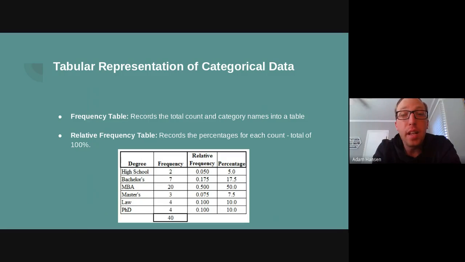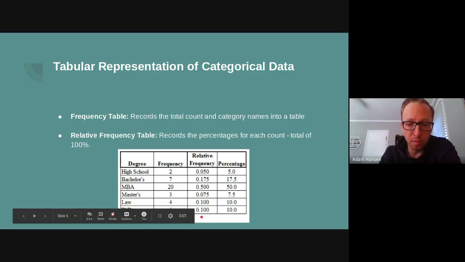The next couple slides talk about different representations of categorical data. Categorical data can be represented in a tabular representation, below, with what we call a frequency table. A frequency table records the overall count of each category within a table. So here we have our variable, which would be post-secondary degrees. And our participants respond with either high school, bachelor's, an MBA, master's degree, law degree, or PhD. So you can see in the table, there were 40 different